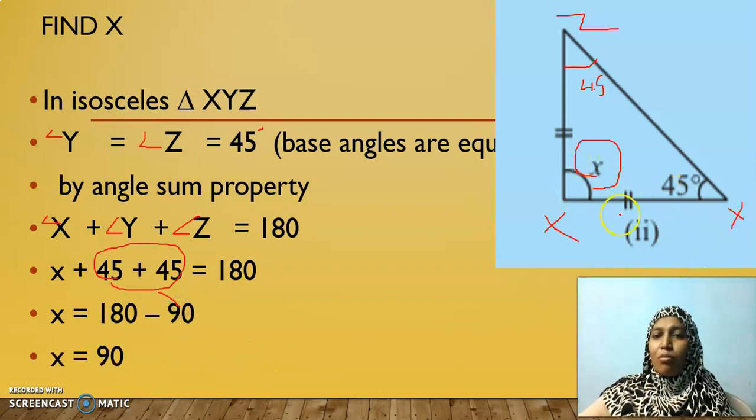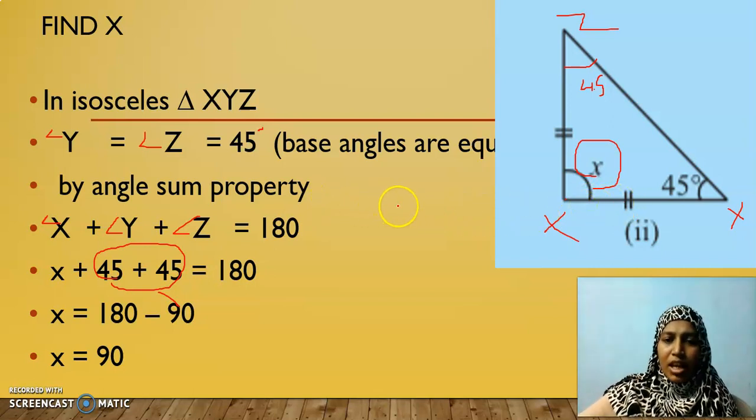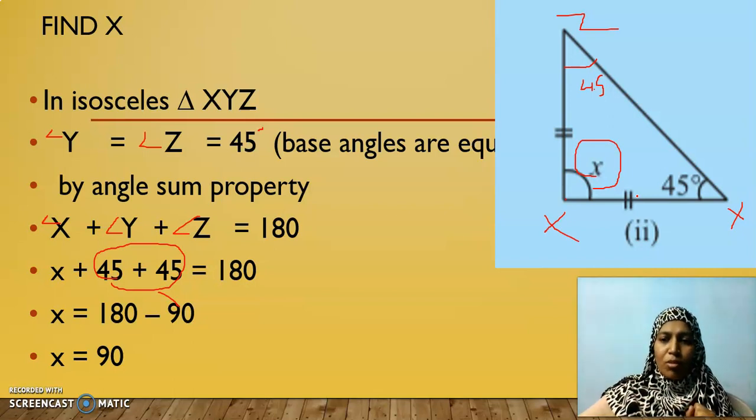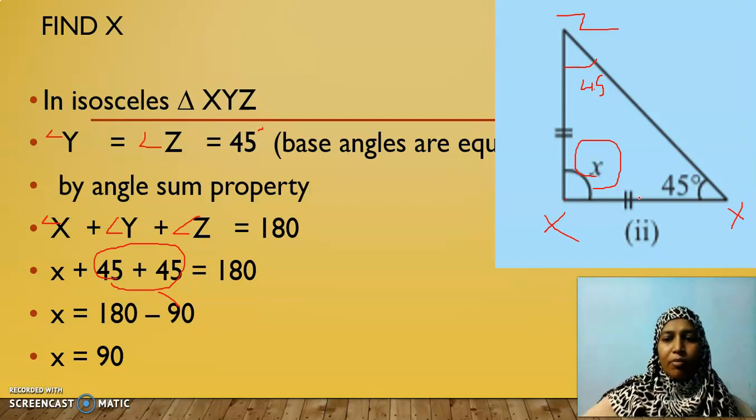That is very special about a right angled triangle. If that right angled triangle is isosceles, it will always have 45, 45 and 90. And this is the measurement of one of the set squares in your geometry box. Take it. There you will have two set squares. One will have the same length for two sides. That set square will have this measurement: 45, 45 and 90 degree. Okay children, let's continue in next video.